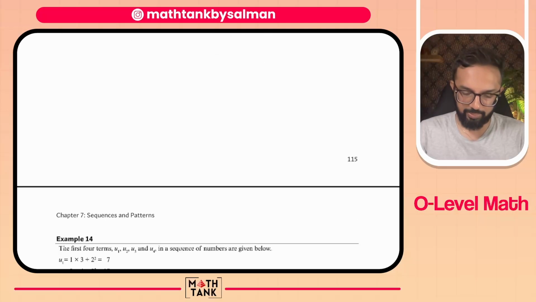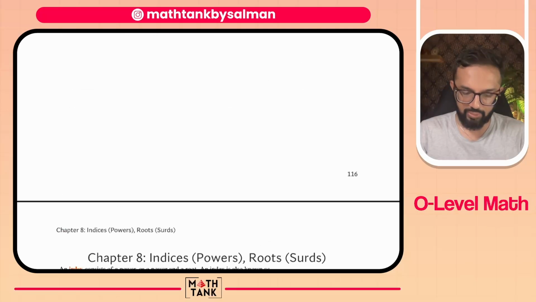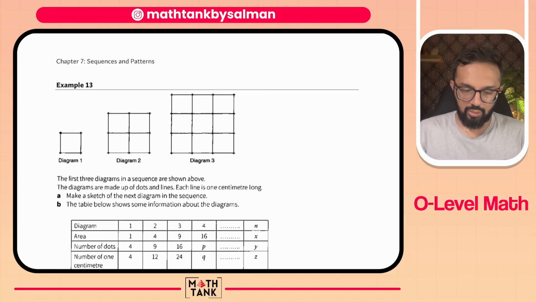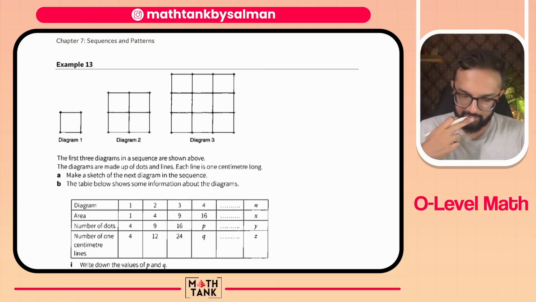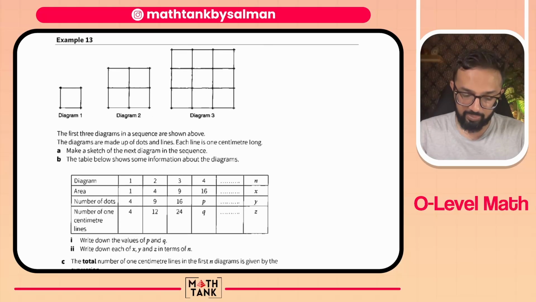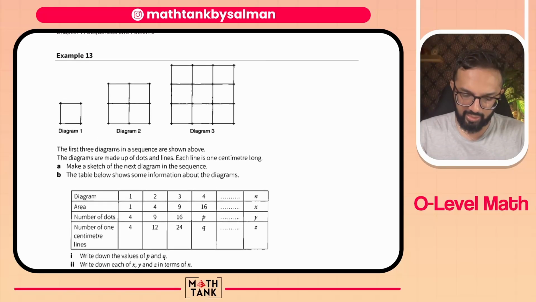Moving on to another past paper question. I think I have a few more questions to go. So I have example 13 in front of you then. Example 13 says the first diagram in the sequence is shown. The diagrams are made up of dots and lines, each one 1 centimeter long. Make a sketch of the next diagram